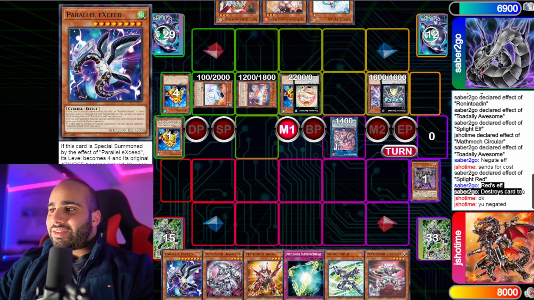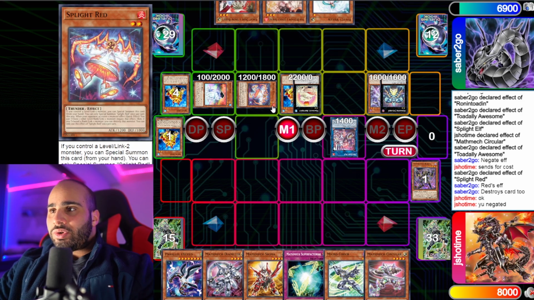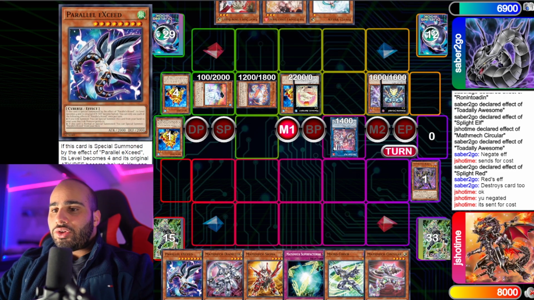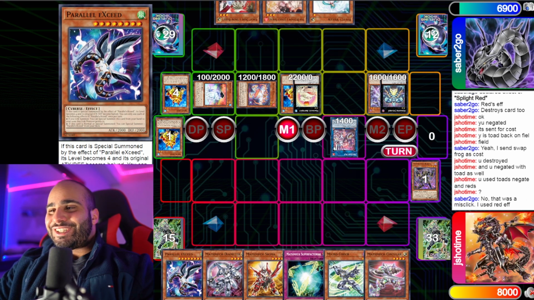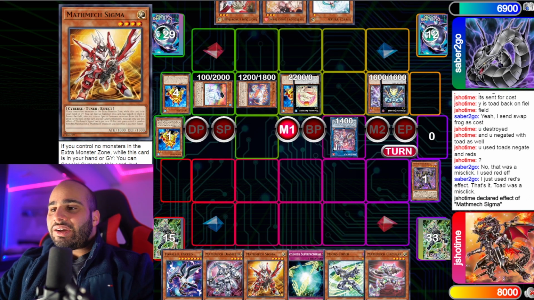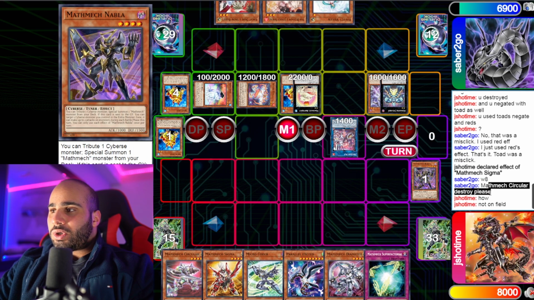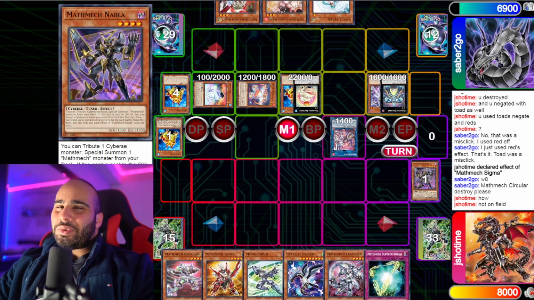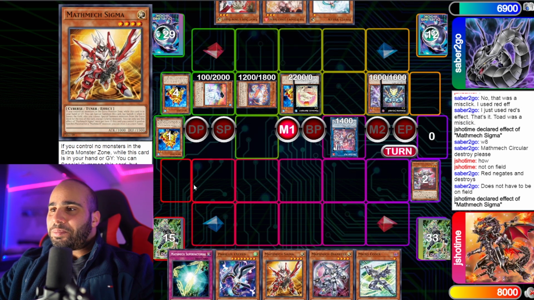He says Red destroys cards too, which is completely incorrect because it only negates and destroys if you send an Xyz monster. Otherwise, all it does is negate. So the Circular technically shouldn't have hit the graveyard. It's not going to change much, but it is what it is. And now he's going to say Mathmech Circular destroy, please. So please read your cards, by the way, when you play on Dueling Book, because people are going to try to pull some slick moves like that, but it's not going to change anything because our Mathmech player is